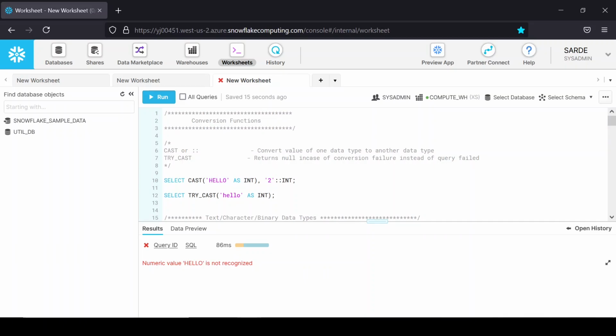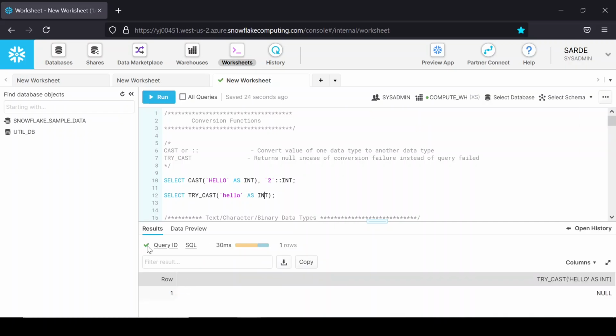If we try this try underscore cast function and try to convert this hello as int, we can see our query is successful and it has returned null values. If there is any use case where we don't want our query to fail, but we just want to replace the error messages with nulls, then we can use this try underscore syntax with our conversion functions.